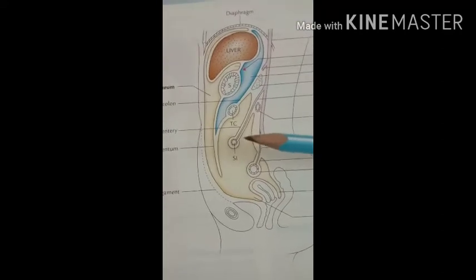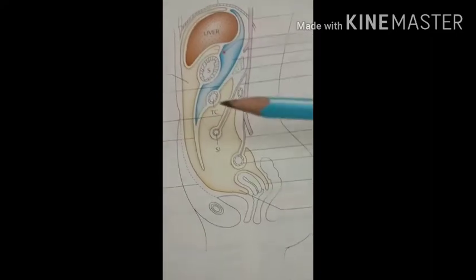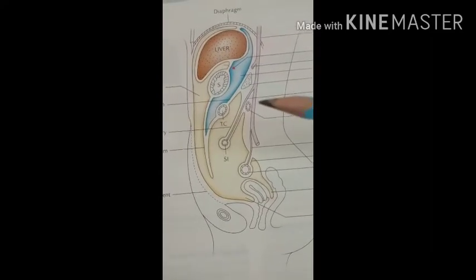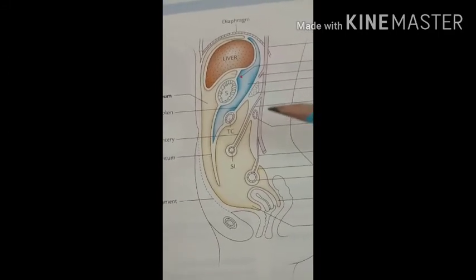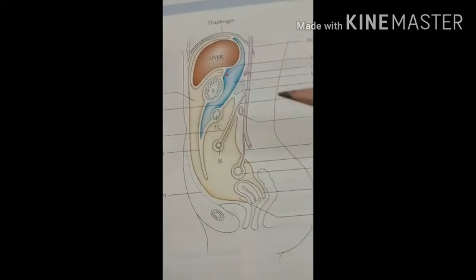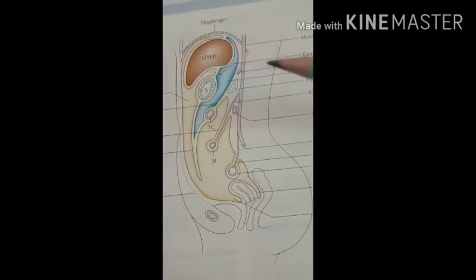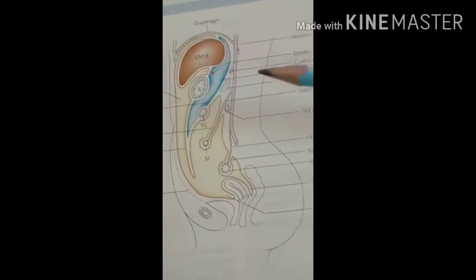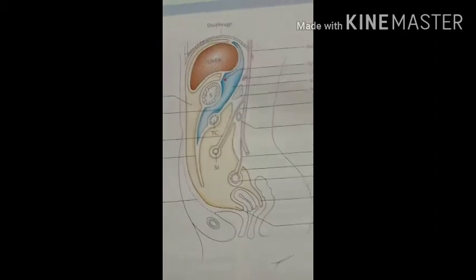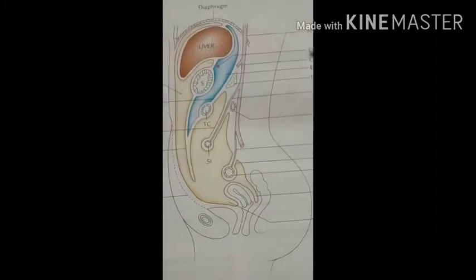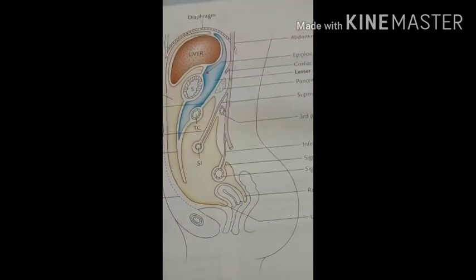Then the functions of the peritoneum. The first function is that it helps the movement of the viscera. That is the main important function. The second function is protection of the viscera, because the peritoneum contains various phagocytic cells which guard against infection, and lymphatics are also present, which help increase the immunological defense mechanism. The third function is absorption and dialysis. The fourth function is healing power and adhesions.